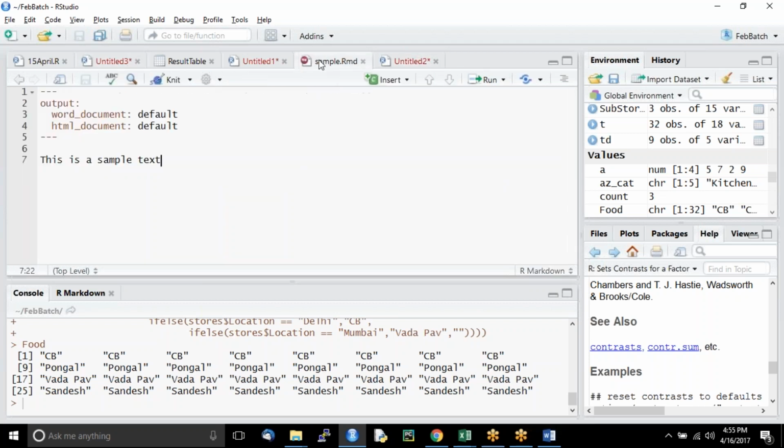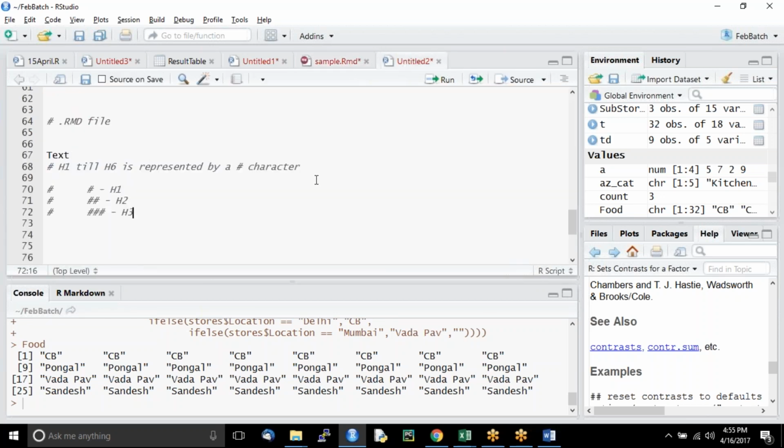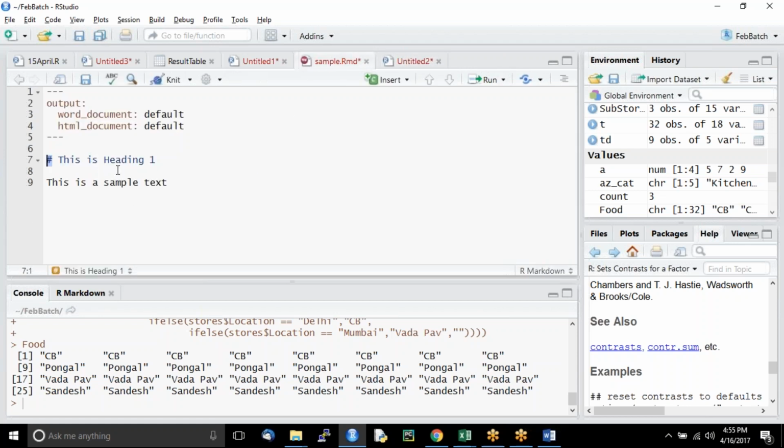So please look at the RMD document here. Before writing this, I'll say this is heading 1 and I have used a pound character here. Remember, a pound character inside a .rmd file. Untitled2 is a .r file, where a pound character means a comment. But in an RMD, a pound character is a heading. A single pound is H1. So if I save and knit it,